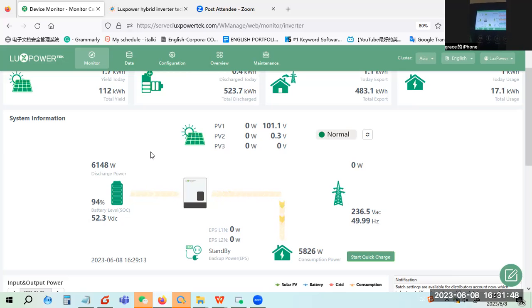Now it's 92. So also, as I showed you the settings on the monitor system, you can also do the settings here. We have basic, charge, discharge, and in the charge tab, there is charge for AC charge,